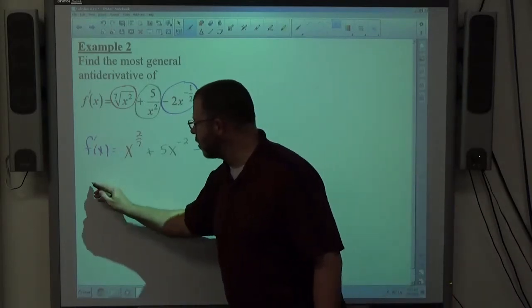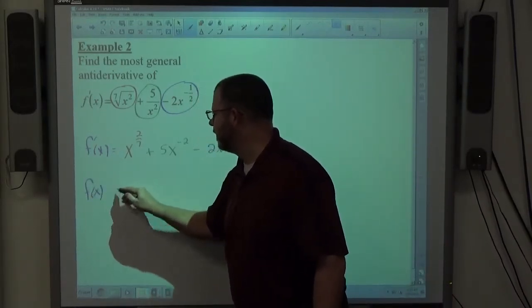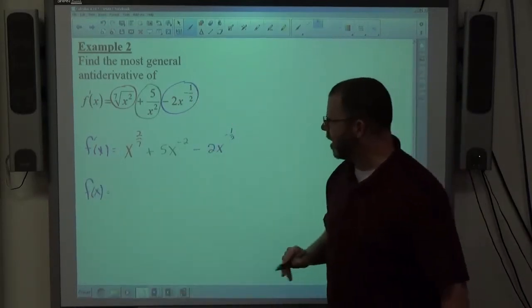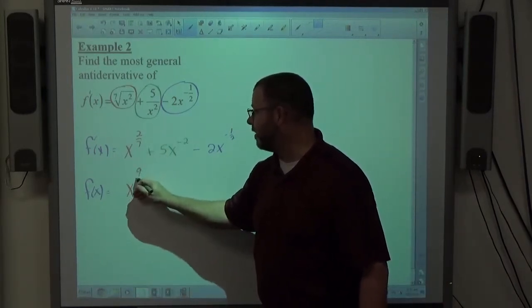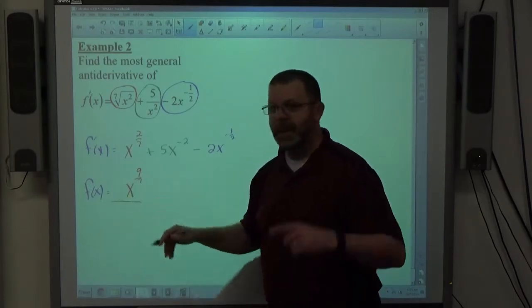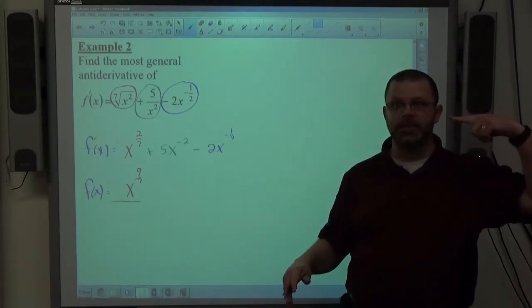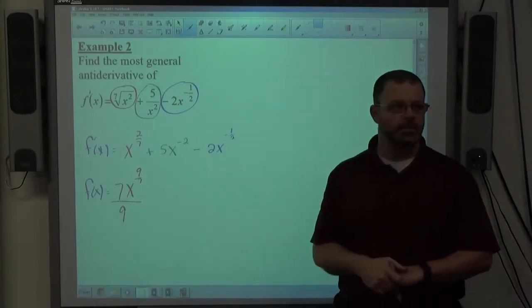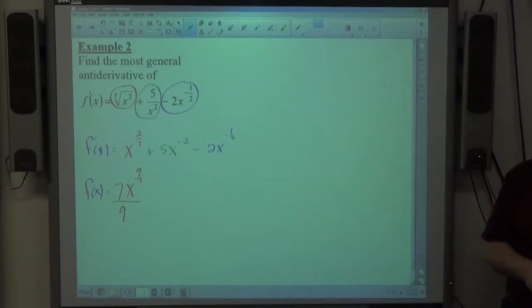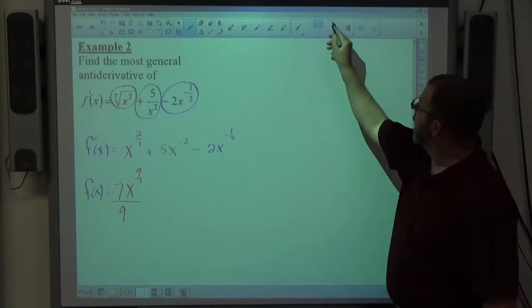So if I want to go to f of x, it's going to be the antiderivative of x to the 2/7. So I'm going to add 1 to 2/7, which gives me 9/7. And again, mentally I'm thinking divided by 9/7, that's the same as times 7/9. All right, then I'm going to have plus